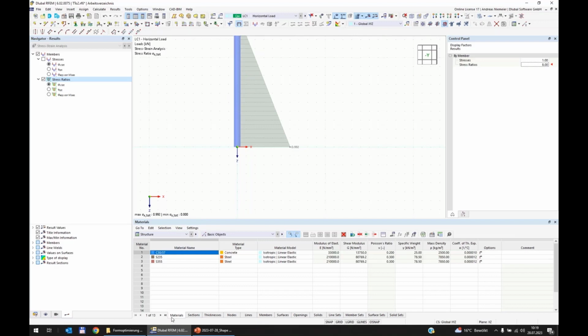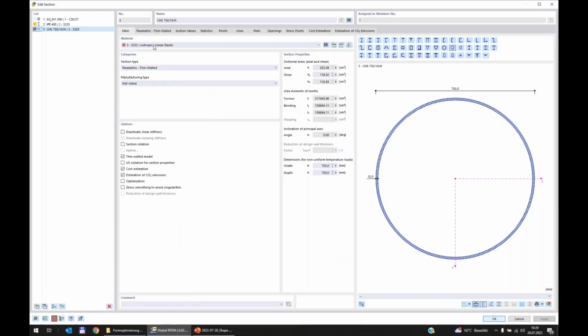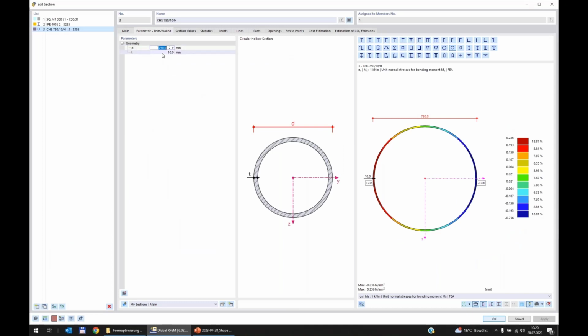So I open now the cross section again, and let's change now the thickness to, let's say, smaller than 1 centimeter. So for example, 6 millimeter. You see the unit stress is increased, so we have to increase again the diameter to get a match of our unit stress. So we increase it to